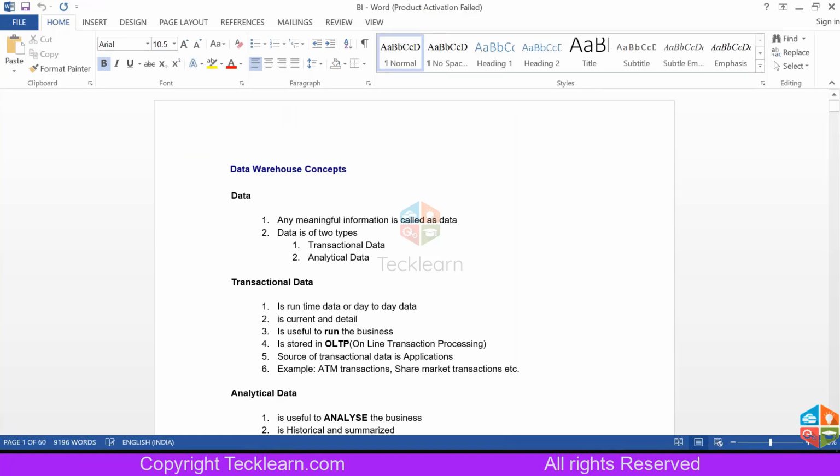Okay, so first of all, what is simple data? We are saying data, data, and data. Data is nothing but any meaningful information, or anything that can be represented when you are talking about some business. It can simply be called data. And data can be classified into two types. As you both are from functional and ODI perspectives, I'll cover it at a faster, higher level so that we can spend more time on OBIEE. Basically, as you know, data is of two types.